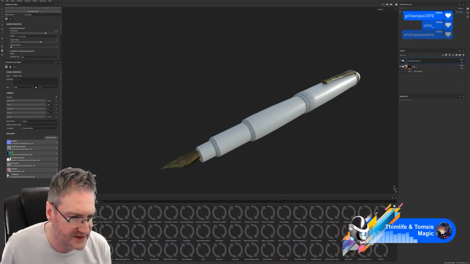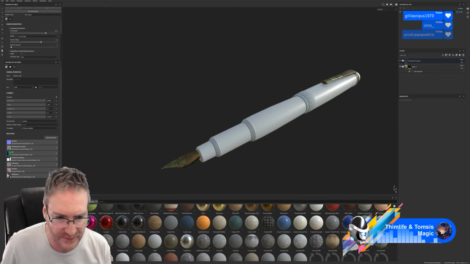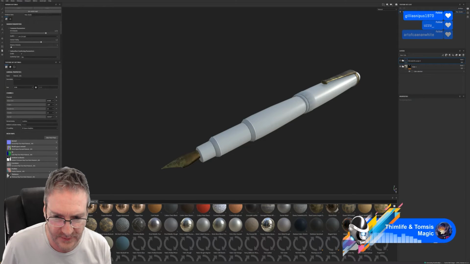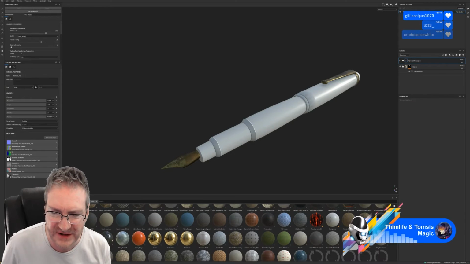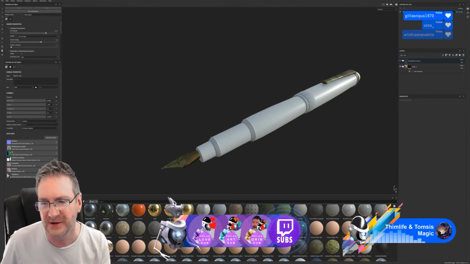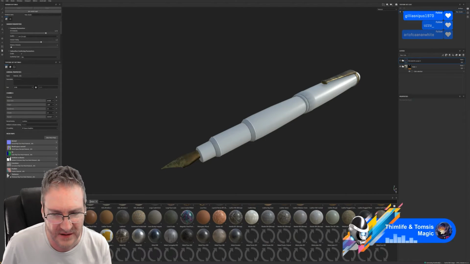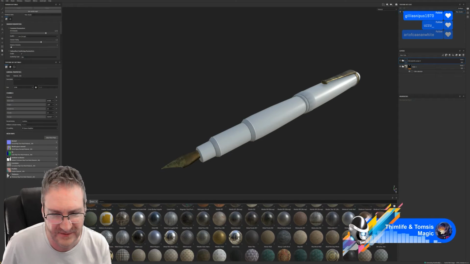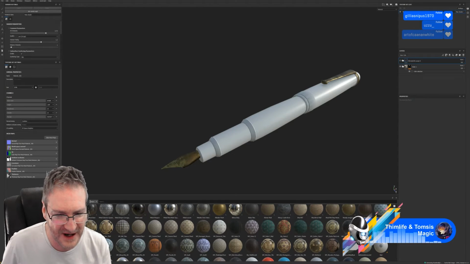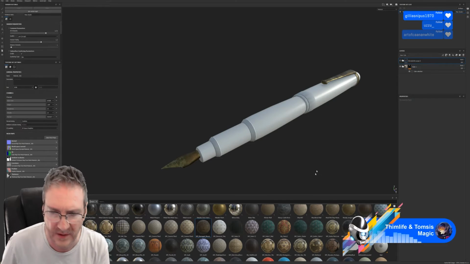Let's jump back into our materials and see if we can't mix something up. See, all of my pens are actually plastic, I guess. Not a plastic, but like a ceramic. I actually don't think I've seen a wooden pen. I know they're around, but visually trying to picture it in my head, I can't actually picture a wooden pen. Oh, no, that's the wrong one.